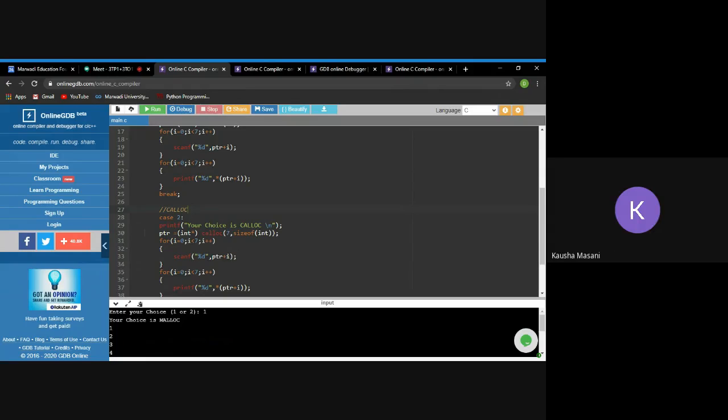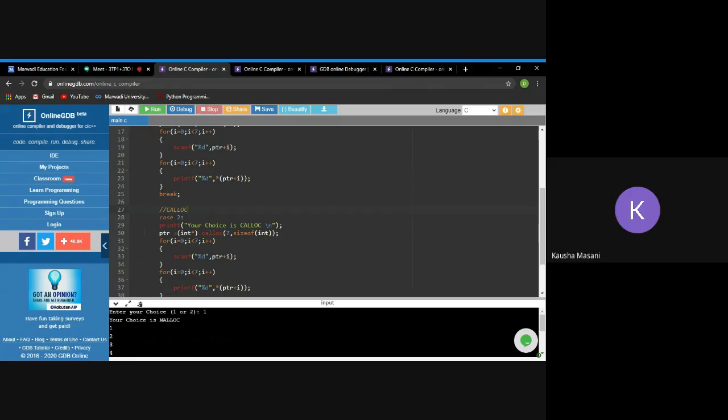Yes, ma'am. The one update which you need to do is everywhere 7 is mentioned. So instead of 7, take n as user input. That n value is to be given by the user.